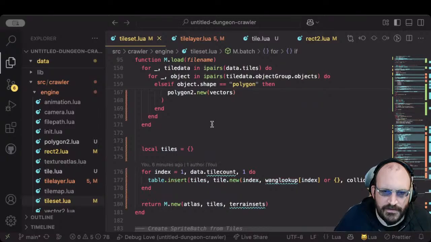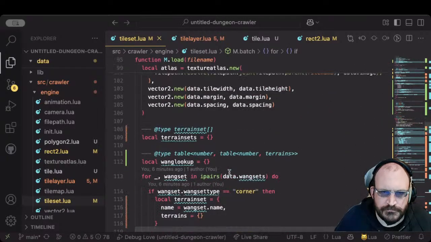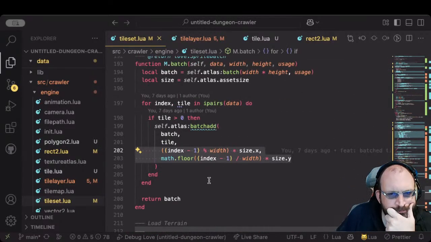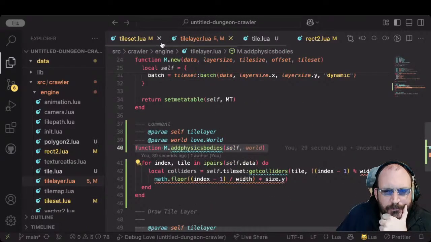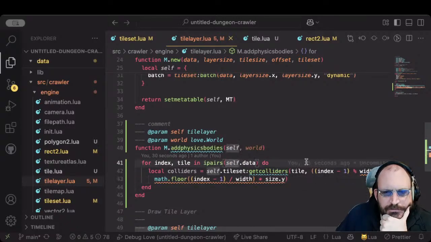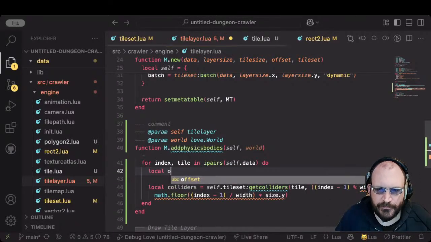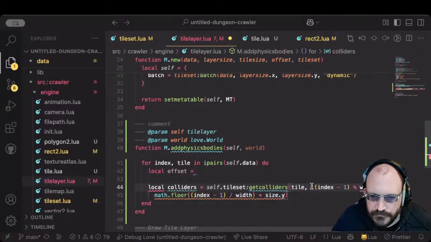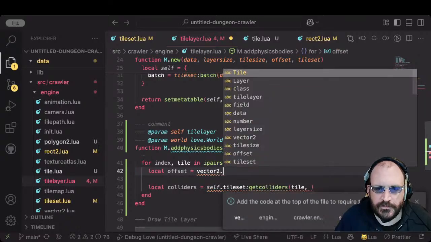Yeah, I think for the get colliders we will, actually no, because we're using the vector elsewhere. So local offset is equal to Vector2.new